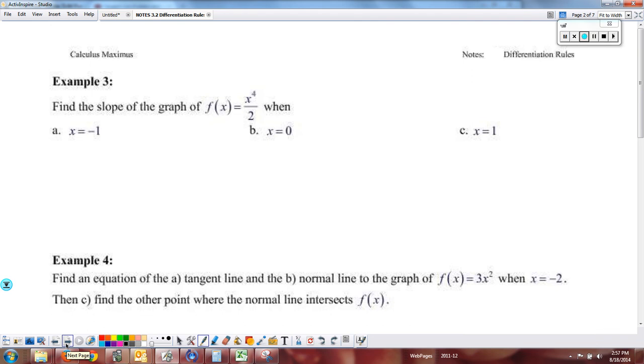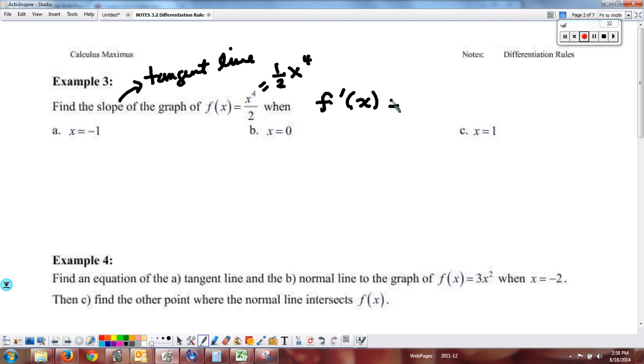All right. So let's do another few examples of this. I stopped it last time because it took a little while to prove the power rule, but now that we have it, I want to find the slope on the graph when x equals negative 1, 0, and 1. So I'm looking for the slope of the tangent line, also known as instantaneous rate of change. Now we've created a shortcut. Remember, simplify early and often: 1/2 x to the 4th. The derivative, according to my shortcut rule, would be 1/2 times 4, 2, x to the 4 minus 1,